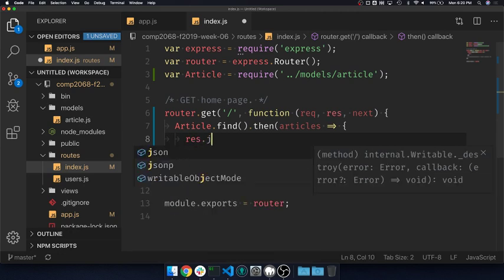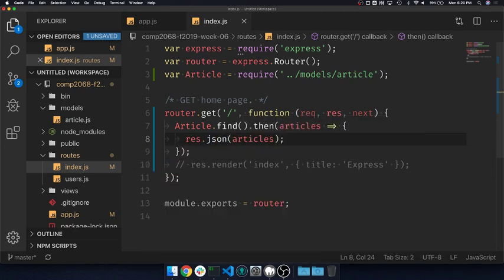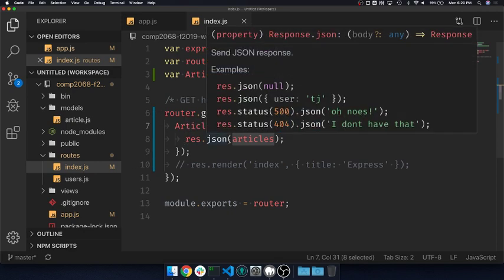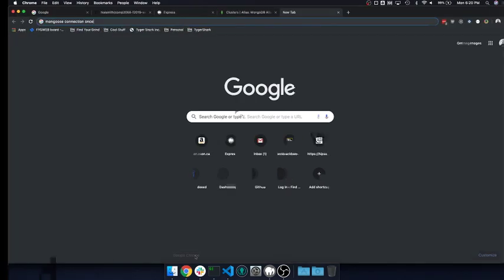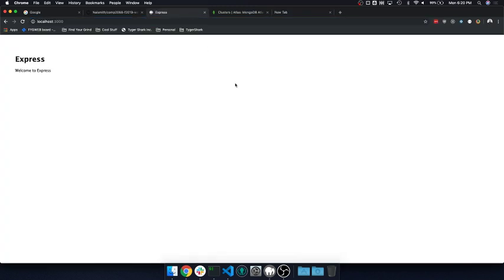We'll do res.json articles. What this is doing is calling the find function from article, which is given to us by Mongoose, so that we don't always have to write a select statement or an update statement. We can just use find, and without any parameters, it will find all articles. It then returns a promise, which in this case is going to be an array of all the articles. Then I do res.json, saying that I'm going to respond back in JSON format with all of the articles from our Mongoose database. So if I go to Express and restart,